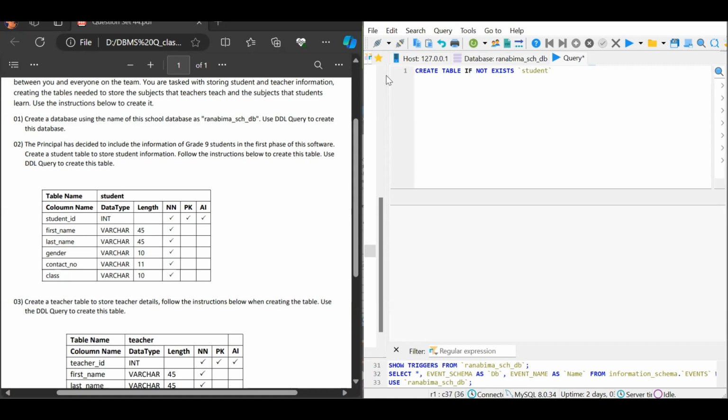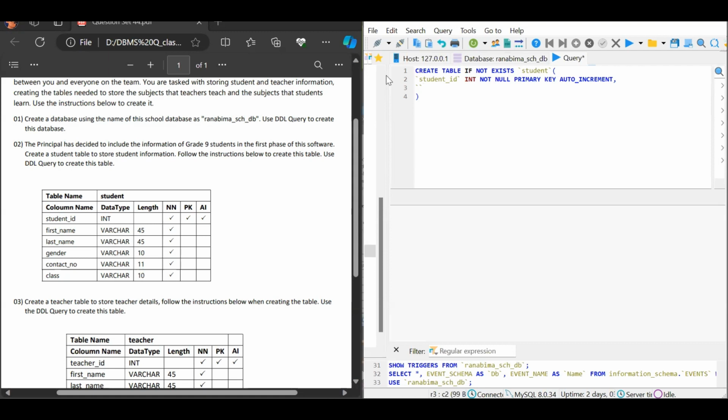and then after that we can give the column names inside the brackets, and inside the quotation marks we give the column names, the student ID column, and then after the quotation marks we give the data type and the length and also the other information. So here we give the data type as int, and then we make it not null, and then we give it the primary key, and also we have to give it the auto increment, and then a comma,